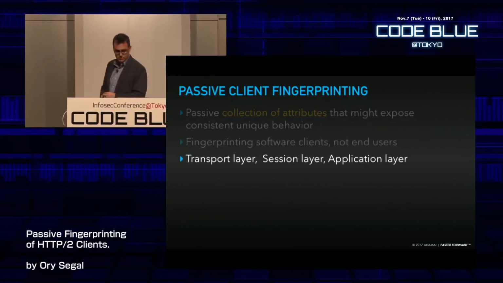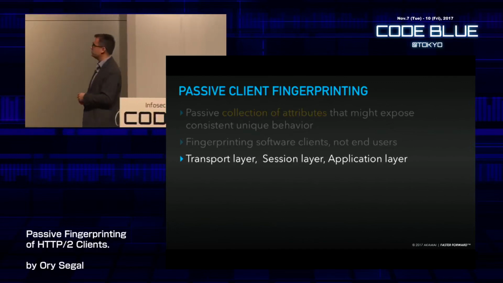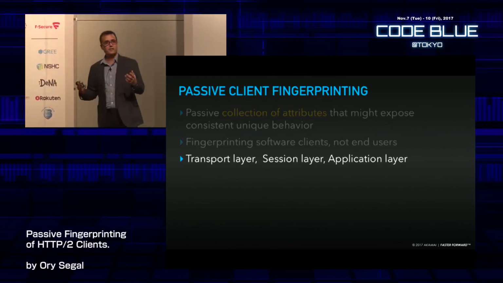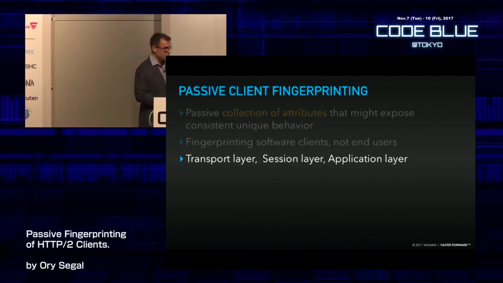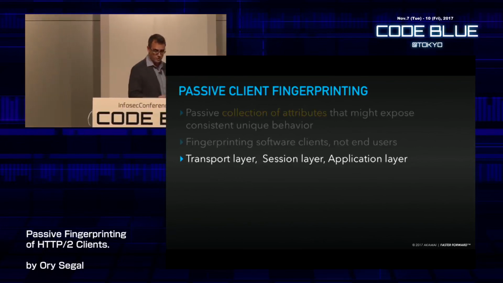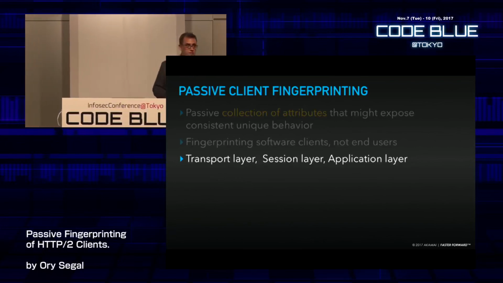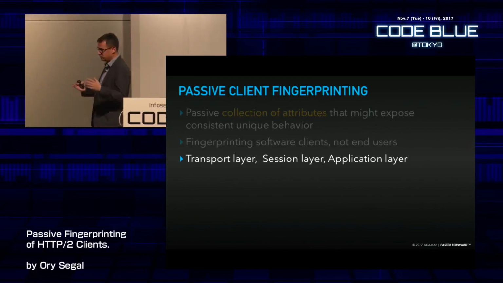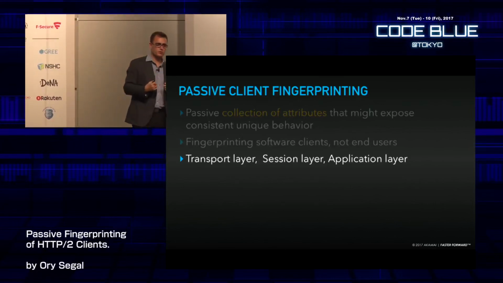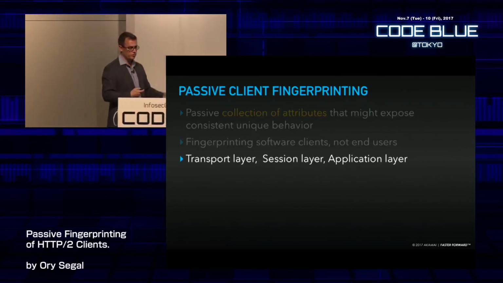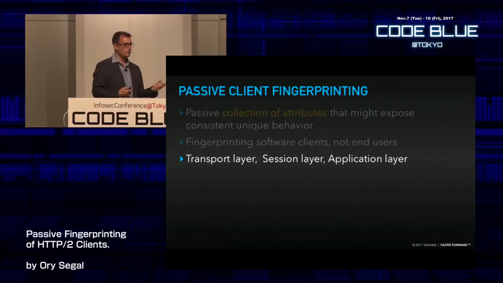As far as I know, there are three layers to do passive fingerprinting. You have the transport layer, or in English, TCP passive fingerprinting. That's a very cool technique, by the way. The session layer, TLS fingerprinting, again very powerful. And the application layer, so you can look at HTTP, for example, and look at the order of the HTTP headers and deduce which kind of client is talking to you, even if they spoof the user agent.